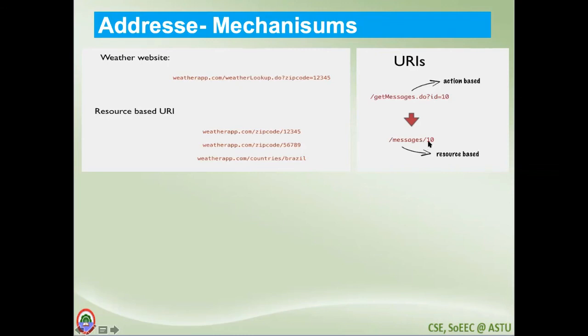After messages, which is nothing but a collective name, a folder name, a table name or a group name, under that group we want to refer to the 10th message. So we specify 10, and if you want to create a new 10th message on top of this URI, for creation you can specify the post operation, and if you want to delete it, then on top